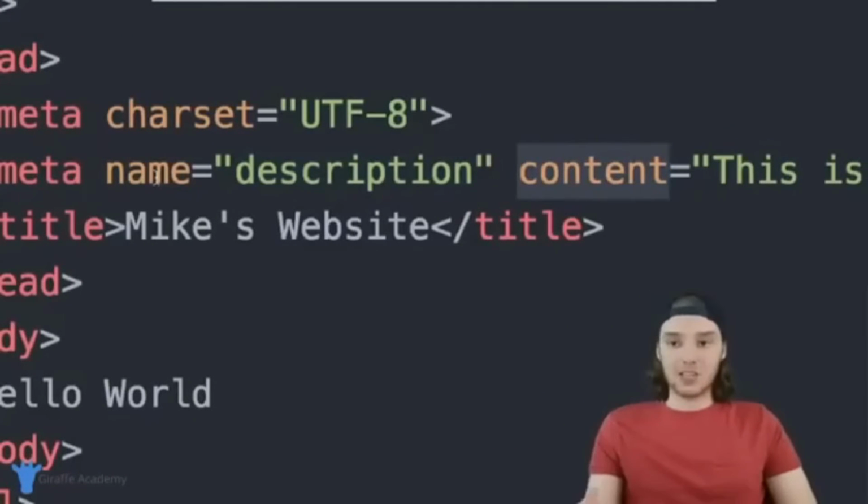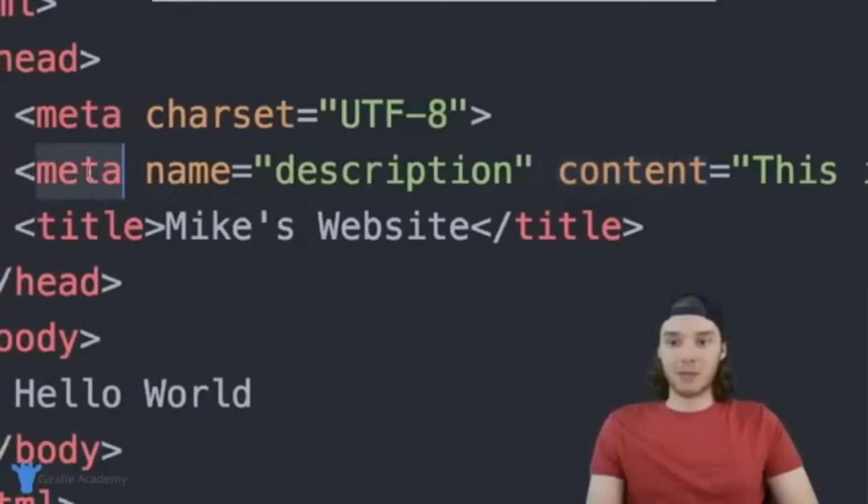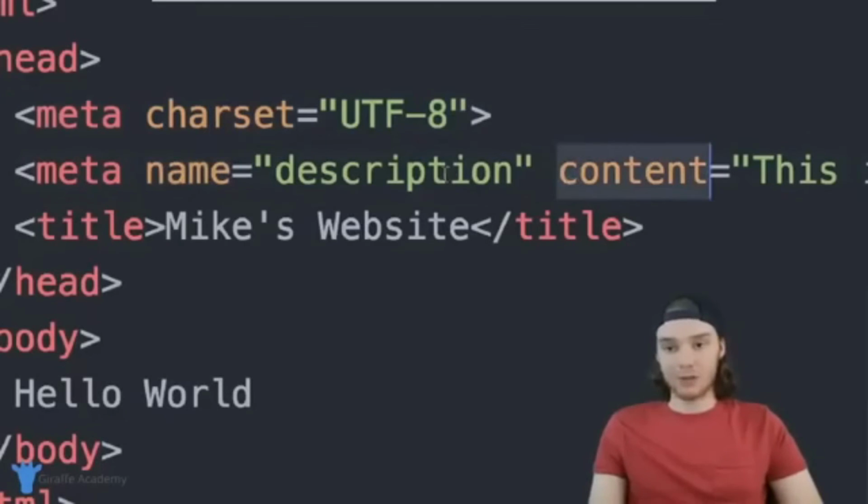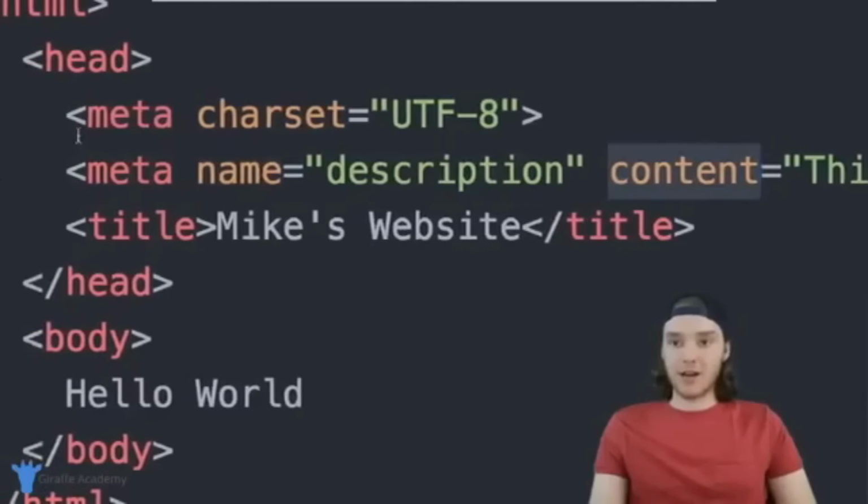A lot of times in these HTML tags, you can pass them attributes or properties, and those tags will be able to use those attributes and properties to do their job. This meta tag's job is to define metadata about the file. And when we pass it these attributes or properties, we're giving it the information that it needs to define that metadata. A lot of times inside of our HTML tags, we're going to have different attributes, and we're going to have to give those tags different information. So just keep that in mind, and these meta tags do a good job of showing that, because this one takes 2 attributes. So those are 2 tags that we can define up here in the head of our